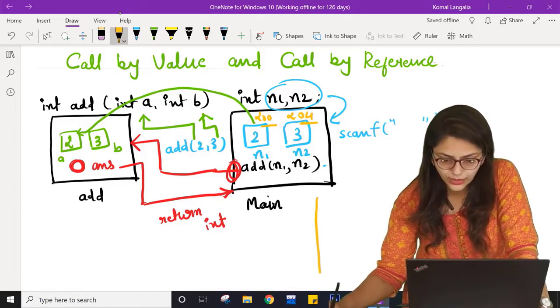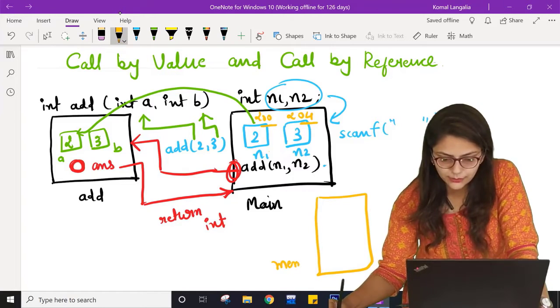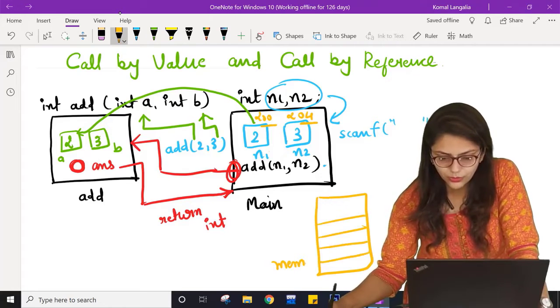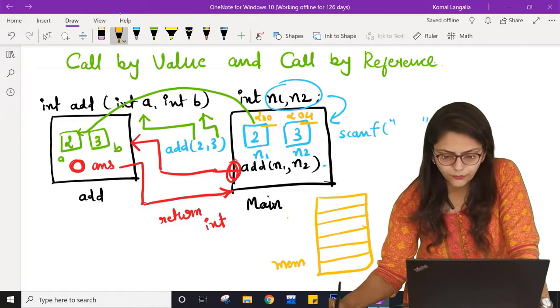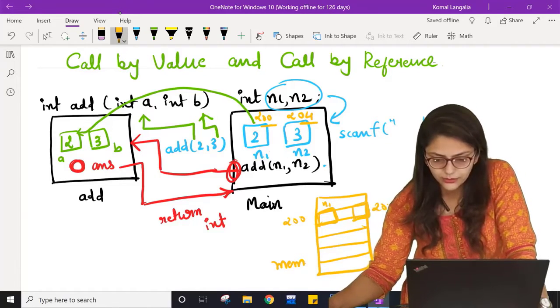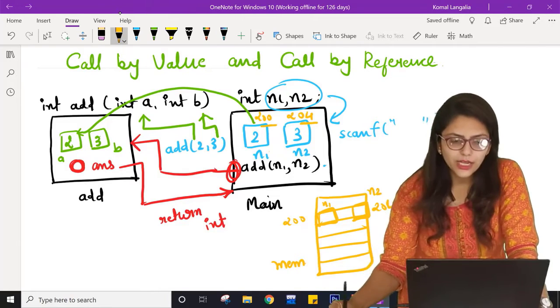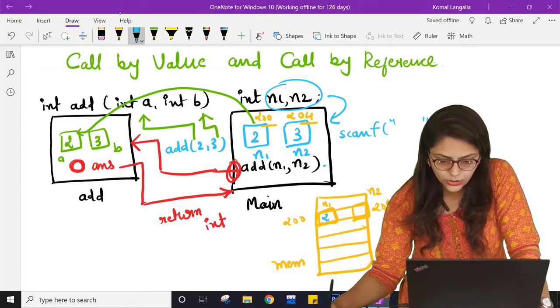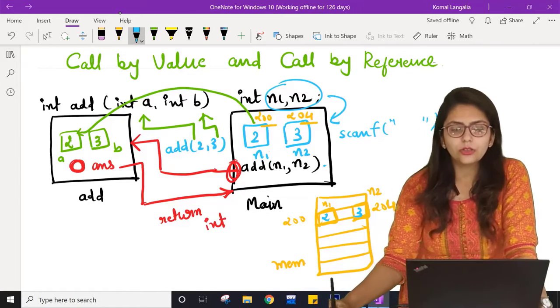Suppose this is the memory, the stack. Inside it I have different memory locations. At location 200 I am creating n1, and at location 204 I am creating n2, and inside them I have the values 2 and 3.